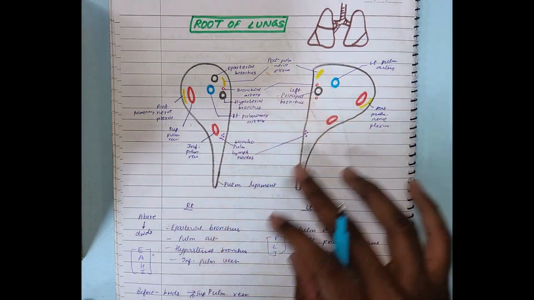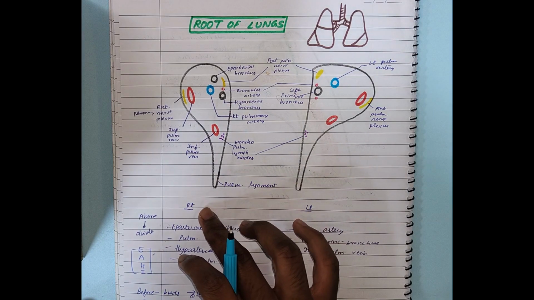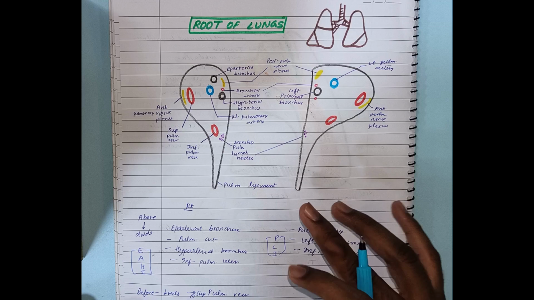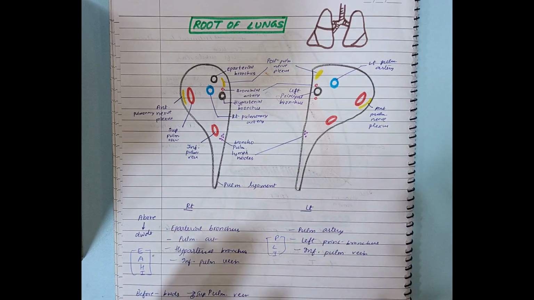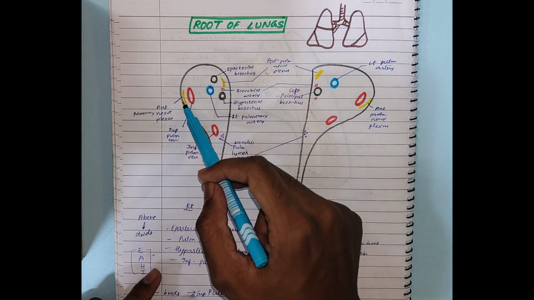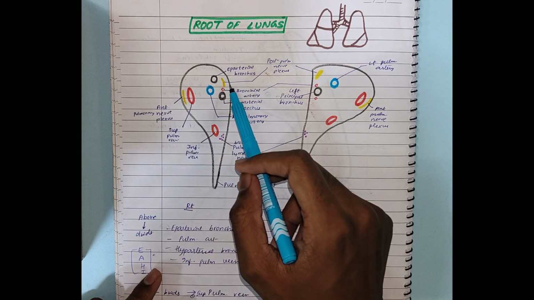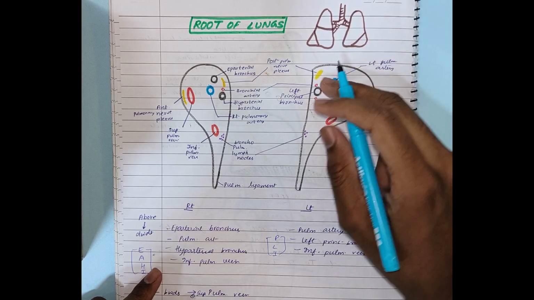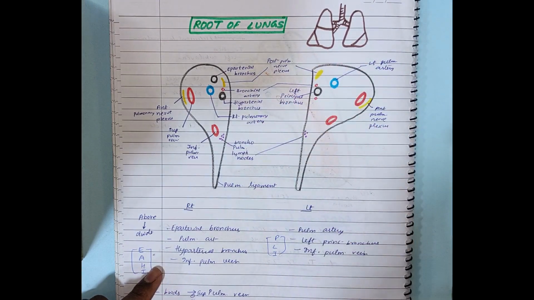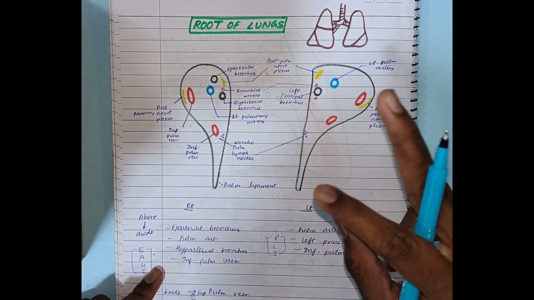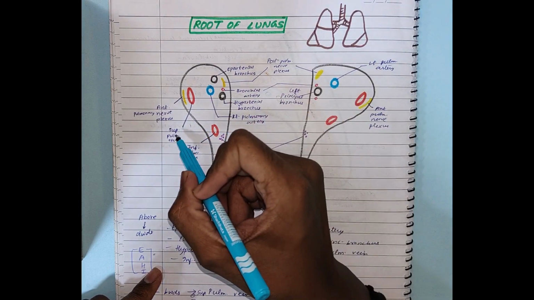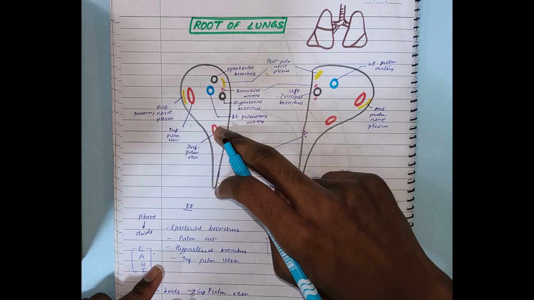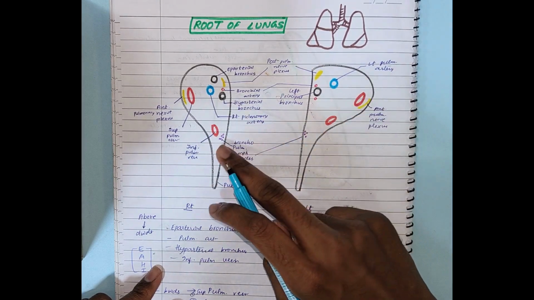Now, you need to remember this diagram of the root of the lungs. This is the right hilum and this is the left hilum. To remember this, let us begin with the structures which are common to both. The anterior pulmonary nerve plexus and the posterior pulmonary nerve plexus are common to both. Anterior lies, of course, anteriorly and posterior lies posteriorly, so you can remember that very easily. Other two structures that are common to both are the superior pulmonary vein and the inferior pulmonary vein. As you can see, you'll find both of these structures here.